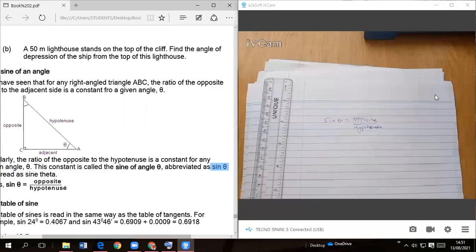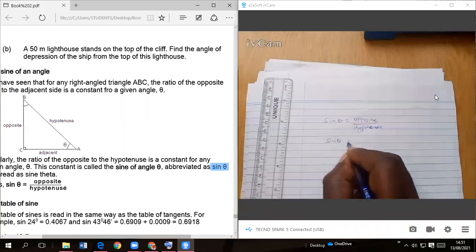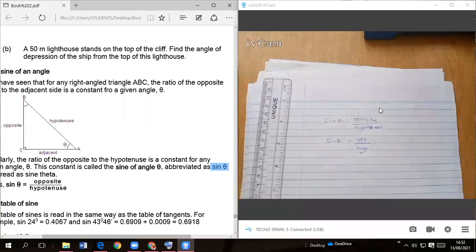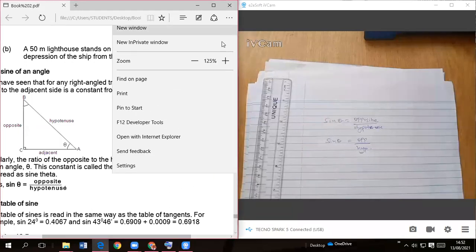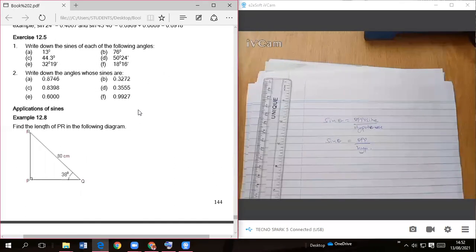Yes, sine theta is given by the opposite over the hypotenuse. Or you can say sine theta is equal to oppo over hypotenuse. And that one becomes very easy for you to remember. Okay, now let us start by looking at